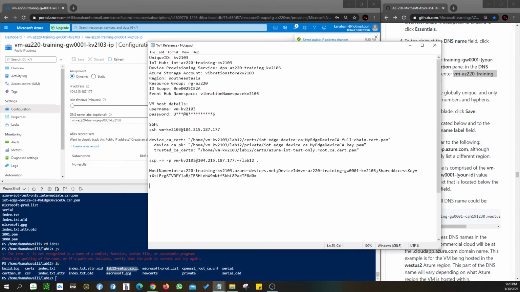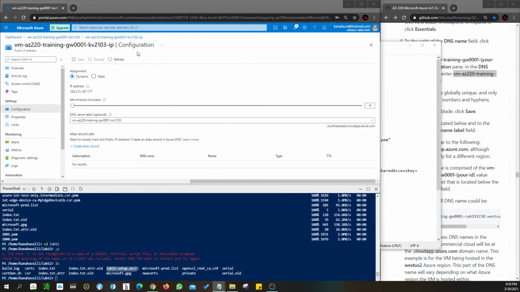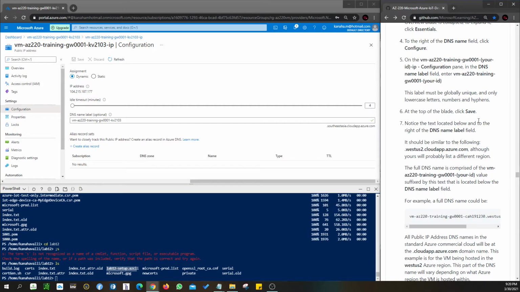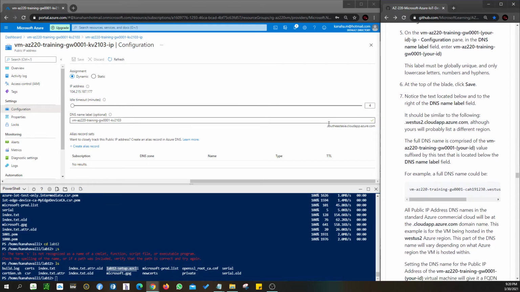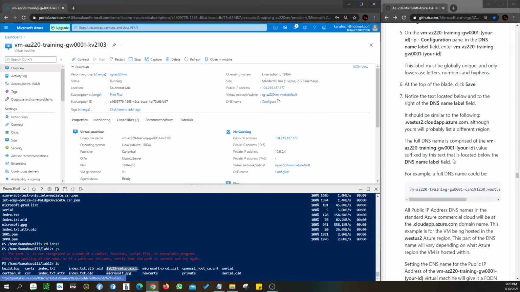We are going to type here DNS. Okay, once it has saved, do you notice this? Yes. So what I'm going to do is go back to the IP, okay, here,